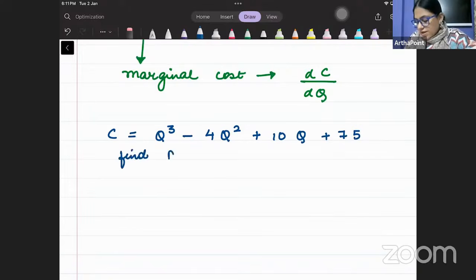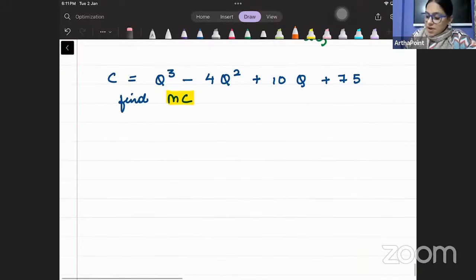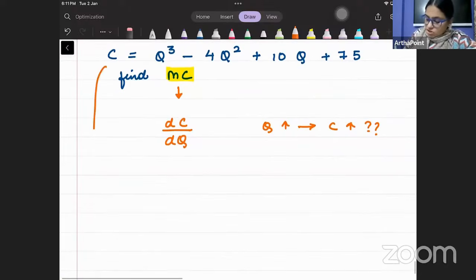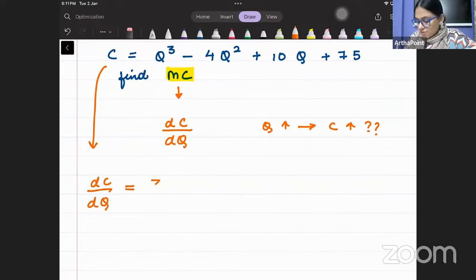ठीक है बेटा, और ये बोल देते हैं आपको कि फाइंड मार्जिनल कॉस्ट। तो मार्जिनल कॉस्ट निकालने का क्या मतलब हो गया? क्वेश्चन पूछ रहा है कि जब आपका आउटपुट इंक्रीज होगा तो आपकी कॉस्ट कैसे चेंज होगी। तो हम क्या करेंगे बच्चे, हम इसको डिफरेंशिएट कर देंगे विद रिस्पेक्ट टू q। तो जब हम इसे डिफरेंशिएट करेंगे तो पावर विल कम डाउन एंड पावर विल रिड्यूस बाय 1, सो ये हो जाएगा 3q² माइनस 4।